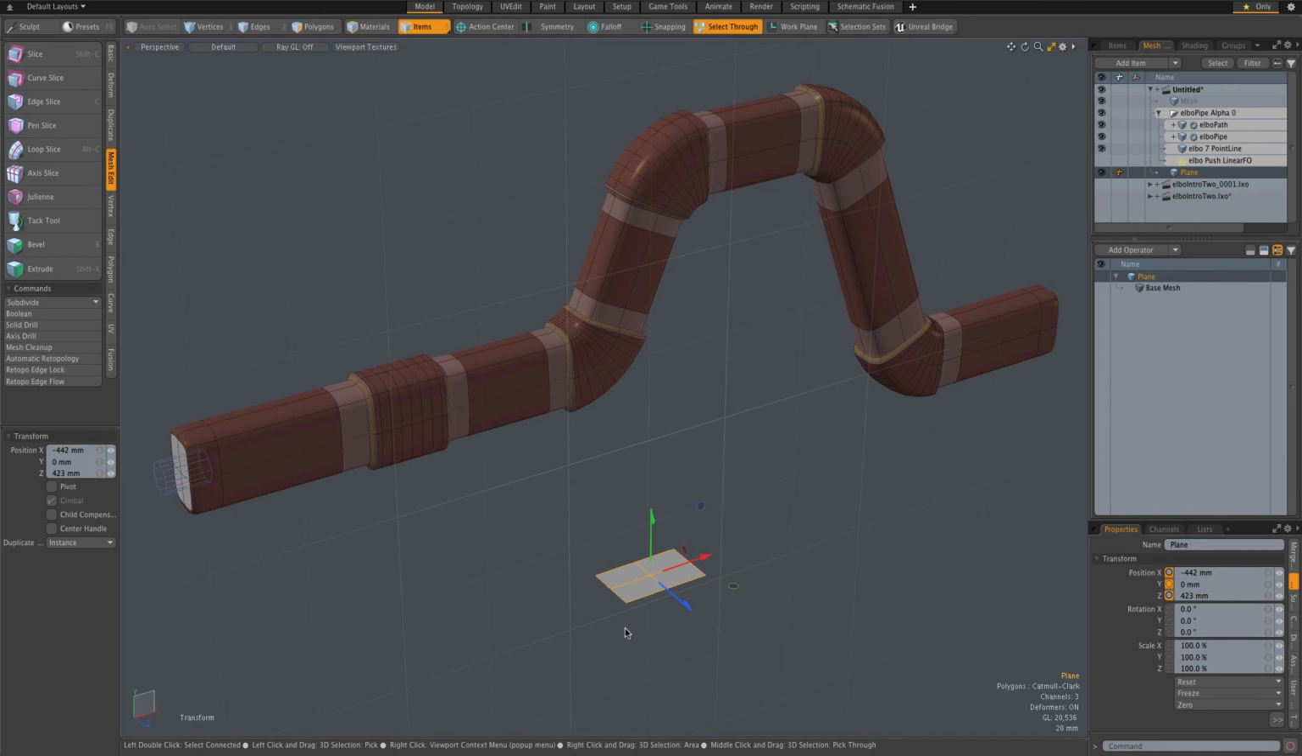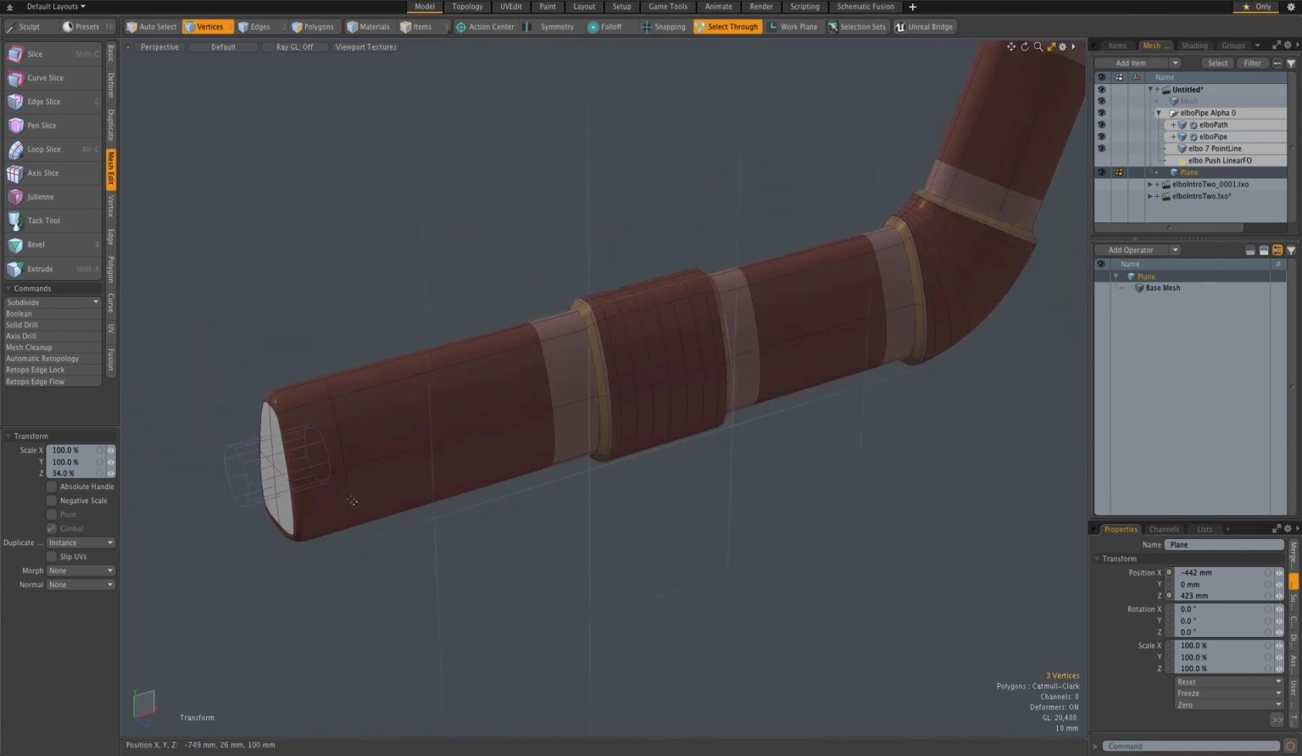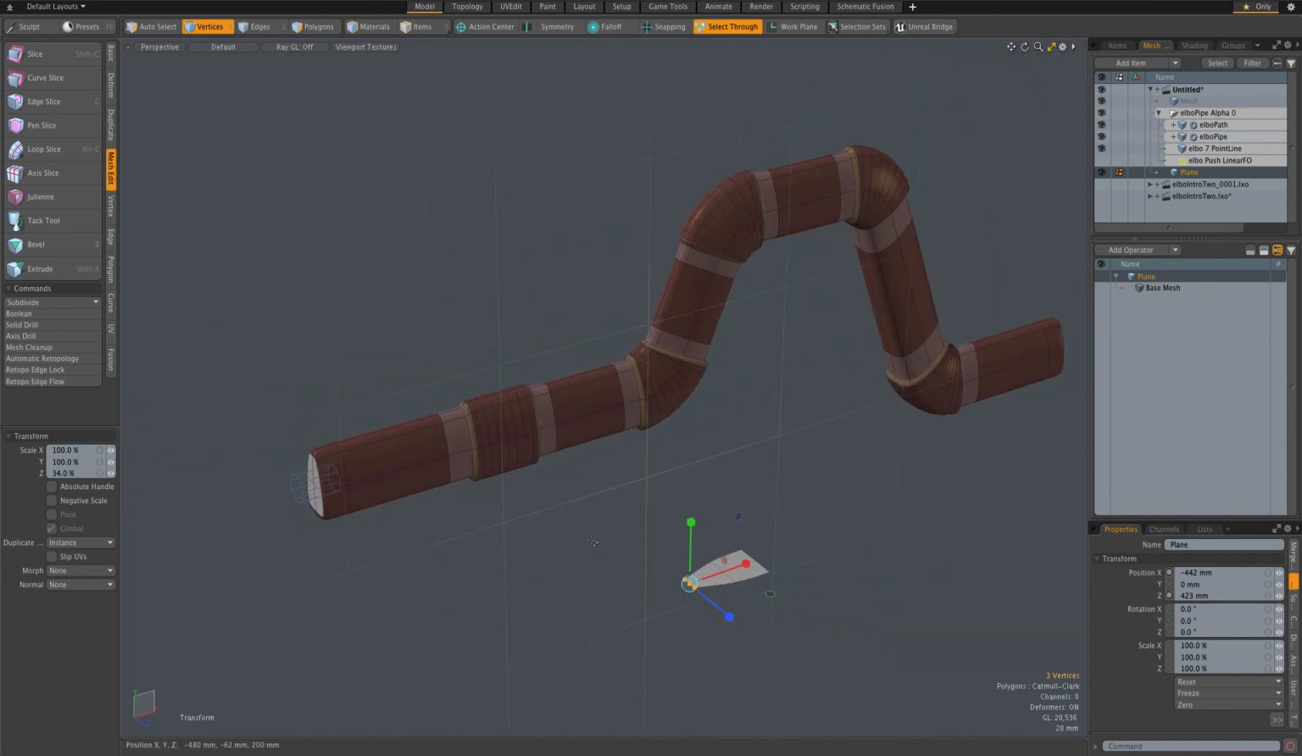So for example, we could select some vertices and scale them. And now see that our profile is becoming tapered. And it's worth noting that this could be an n-gon, this could be a single polygon, an n-gon, but for